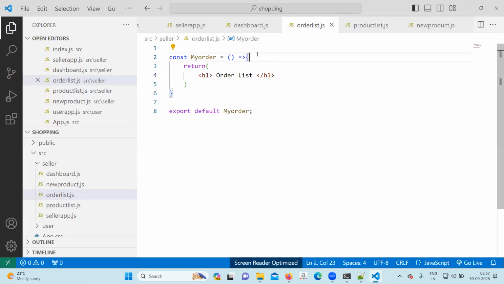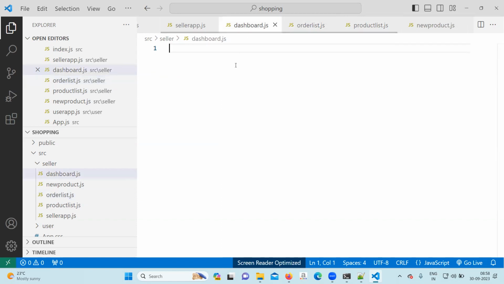Okay, one more is left, that is called dashboard. You can write inside my dashboard. My order is written. Now come to the dashboard.